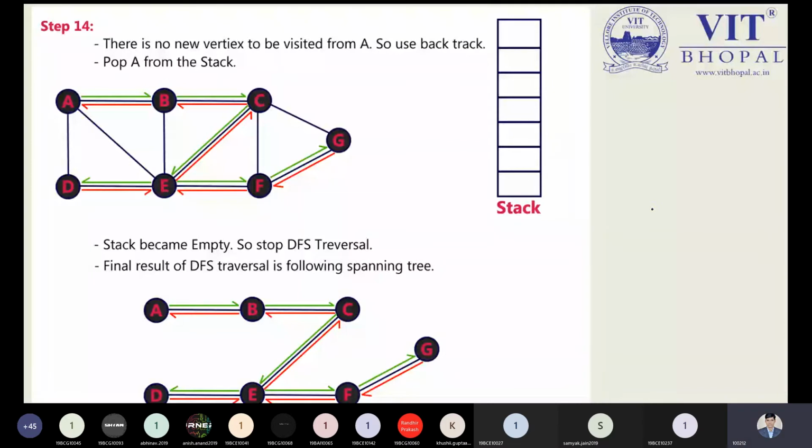No, sir. But keep in mind, while solving the question in the examination, DFS follows the stack data structure and BFS follows the queue data structure. These are the two points we need to keep in mind. In the examination, only the graph will be given, and you have to solve it through BFS or DFS depending upon the question. DFS means stack, BFS means queue. These are the two important keywords to keep in mind while solving this question. The rest of the things are very easy because we are all familiar with stack and queue.